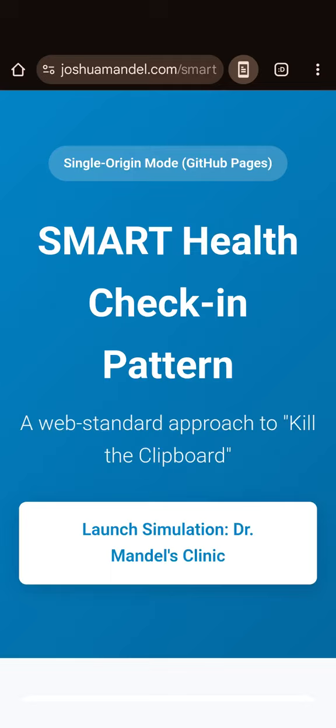This is Josh Mandel with a quick demo of how to share SMART Health Cards and SMART Health Links ahead of an appointment or using an online booking process, going beyond just the ability to present a QR in person. And it's worth saying that we have these standards for SMART Health Cards and Health Links, and they've been